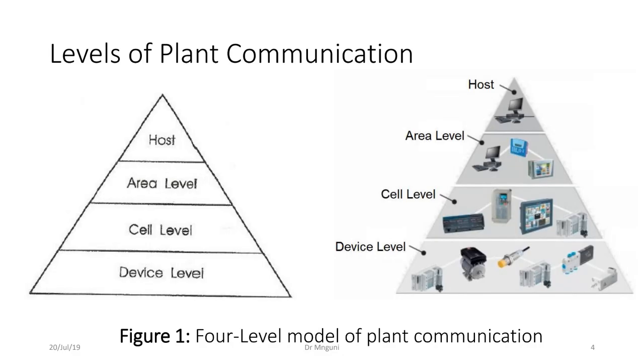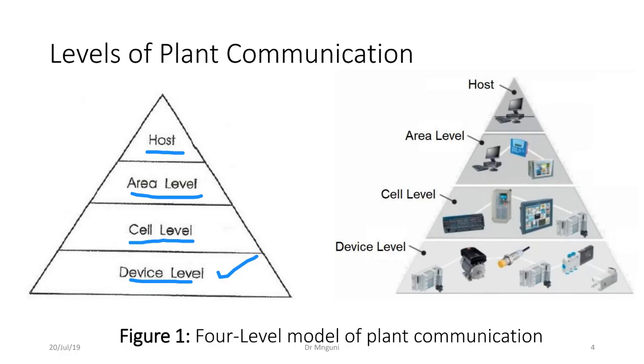And these 4 levels will be your device level, followed by your cell level, then followed by your area level, and then concluded by your host level. At some point, they also refer to the device level as the field level as well. And on our right here, we have